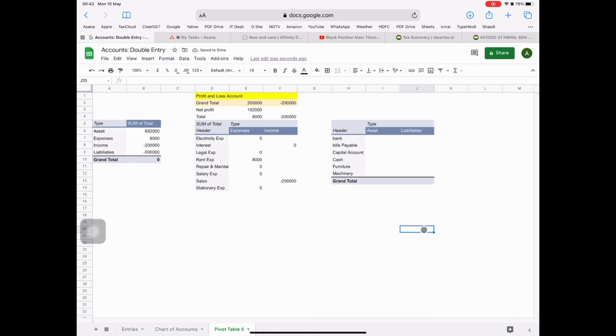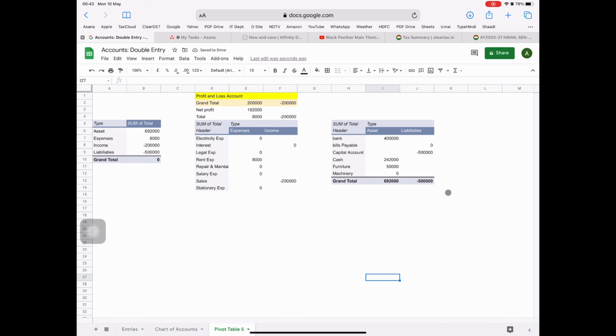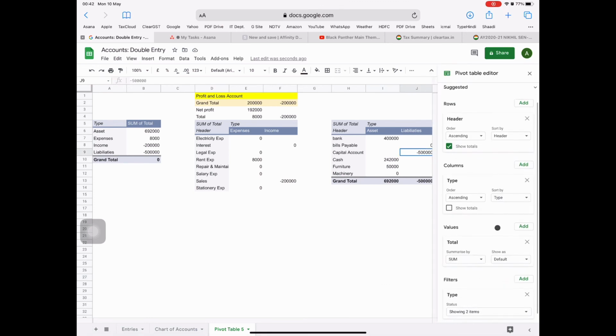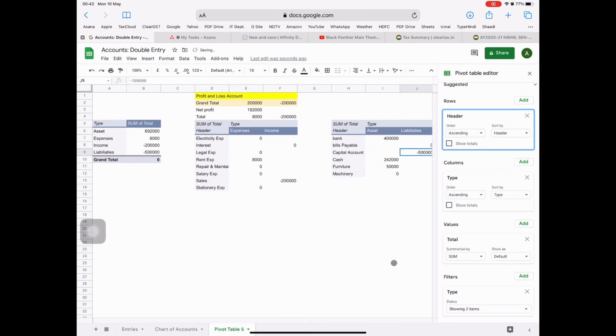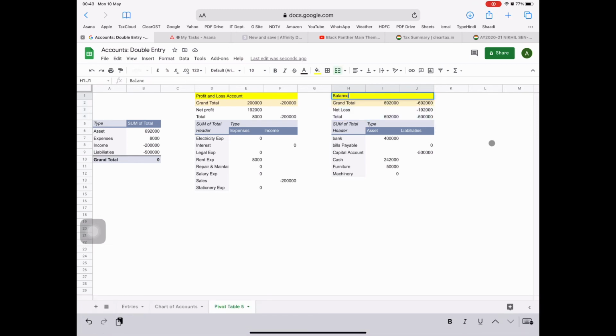I'm just copying the same formula and putting it here, changing the heading from profit and loss account to balance sheet. Grand total is correct. Here I should change it as PL account transfer. Okay, you can see our debits of the balance sheet are equivalent to credits of balance sheet, and from PL account we are getting 1,92,000, that is the net profit. It's shown in liability because it needs to be given to our capital account.